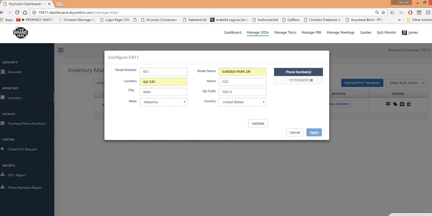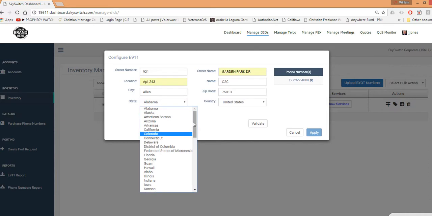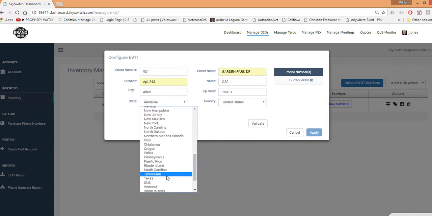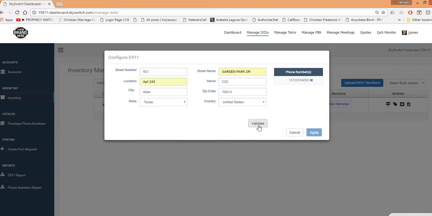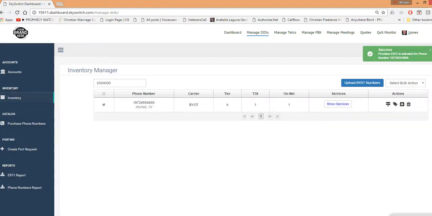So I'll get my emergency address information here, and I'll validate the address. Okay, I have success, so I'm going to apply this to the number. So now I have assigned the number down to the domain, and I have set the emergency address information on that number. So now I can go down into my domain,